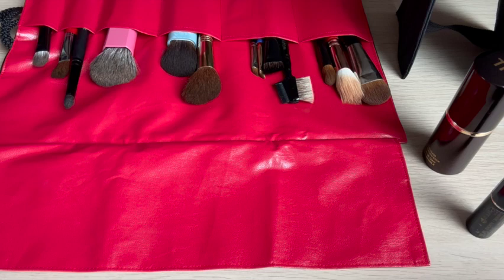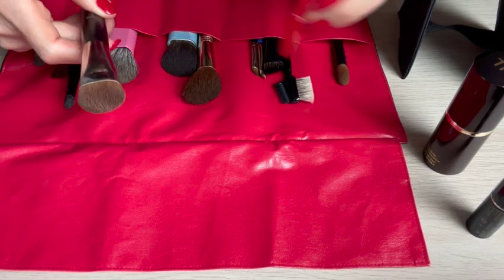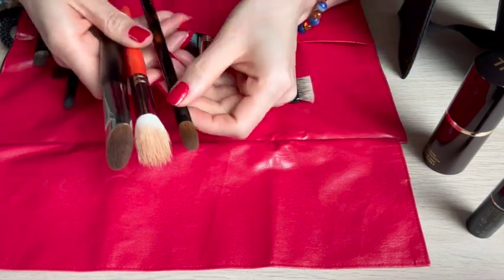So, in no particular order of preference, let's have a look at the different brushes that I take with me on my travel trips, my business trips, and on holidays as well. So let us start with foundation brushes. Foundation and concealer. I have here